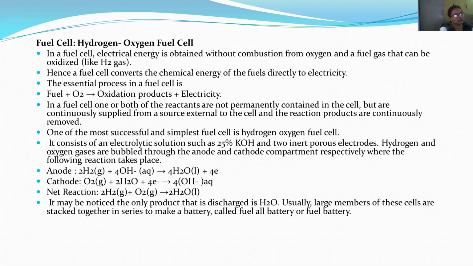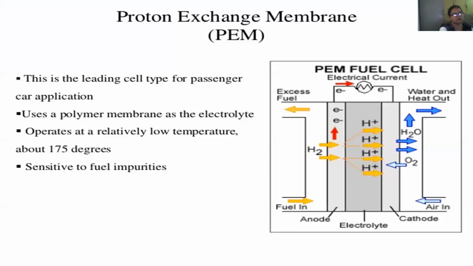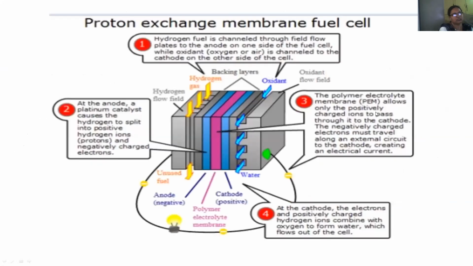Out of all these, we generally use hydrogen oxygen fuels. This is the PEM fuel cell where hydrogen is fed inside it and we get water out of it, and from here oxygen is bubbled inside. So air in, fuel in and then water out. And this is the electric current which is generated. So this is the PEM fuel cell, polymer exchange membrane fuel cell, which we were discussing just now.